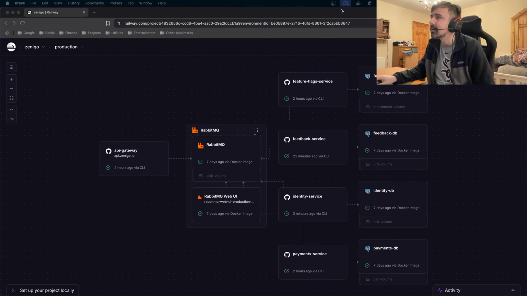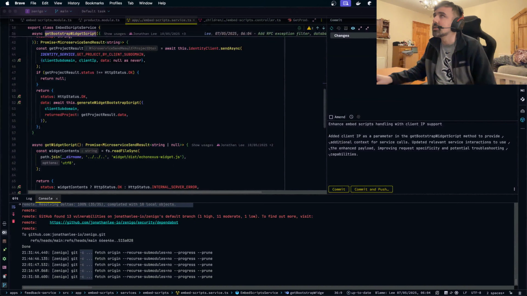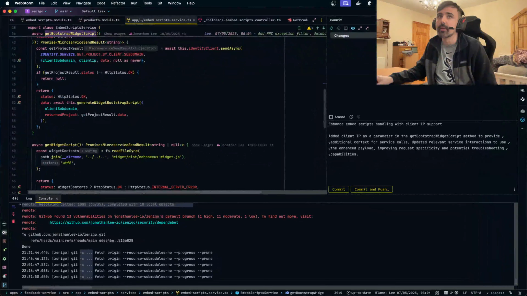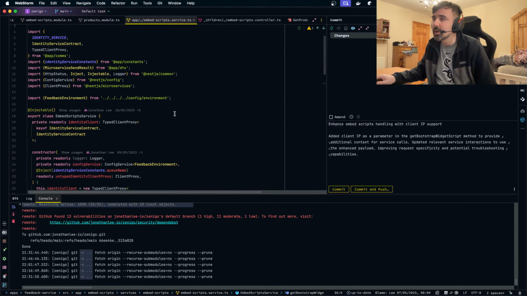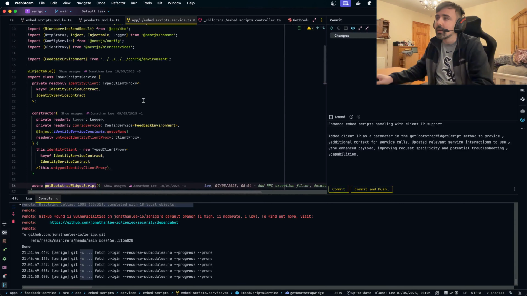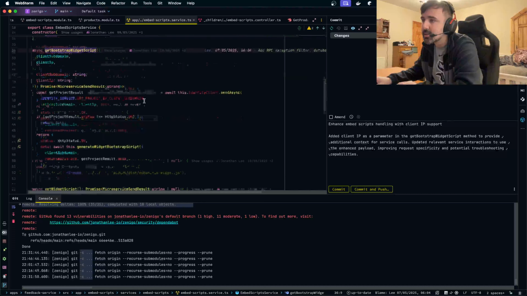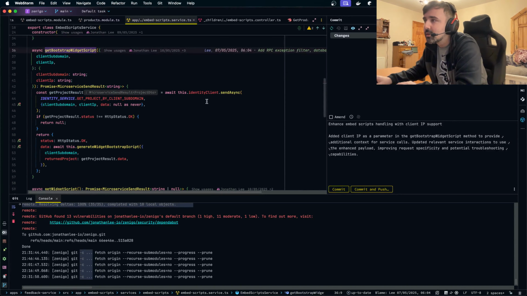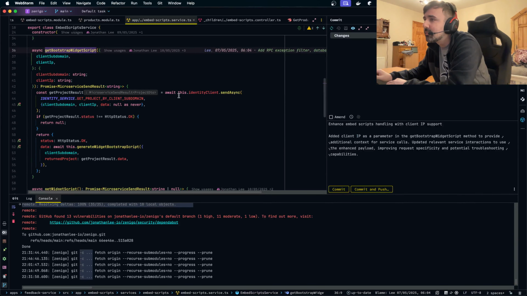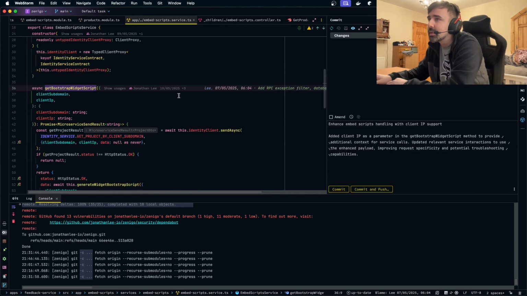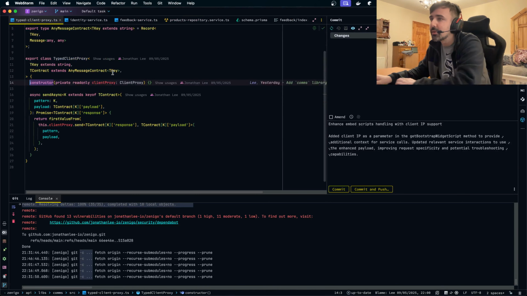So what I've done is I've included some typed client proxies. So normally what happens is when you send a request to another microservice through the RabbitMQ message broker, you don't know if that message pattern exists, and you don't know if that type of request will be handled by another microservice. But with this typed client proxy, which I will show the code for,